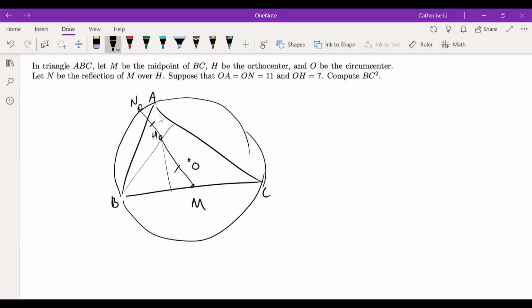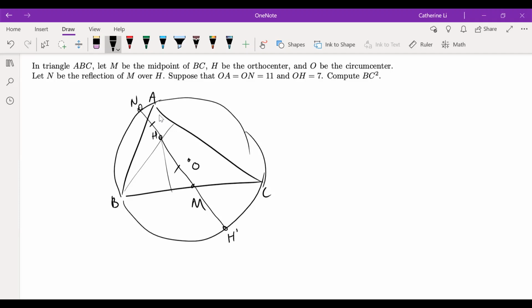Since we're given that OA equals ON, which is the radius of the circle, that means that N has to be on the circle. And then each of those is 7, and then OH is 11. And we're asked to find BC squared. So the way we do this is, one thing we can notice is that we have this reflection of M across H, but if we reflect H across M, we also get a point on the circle. And this is because